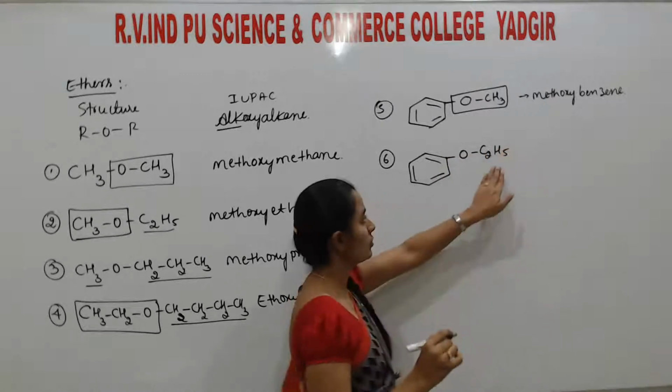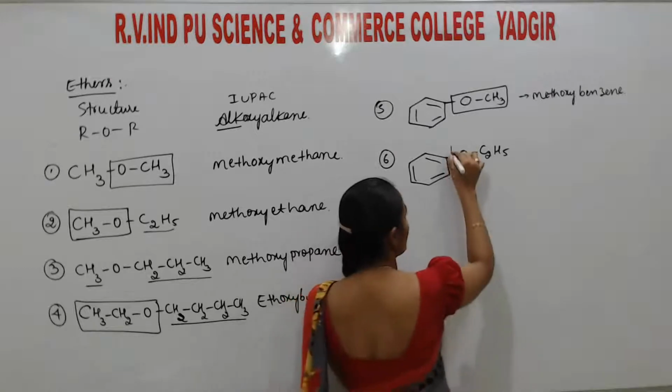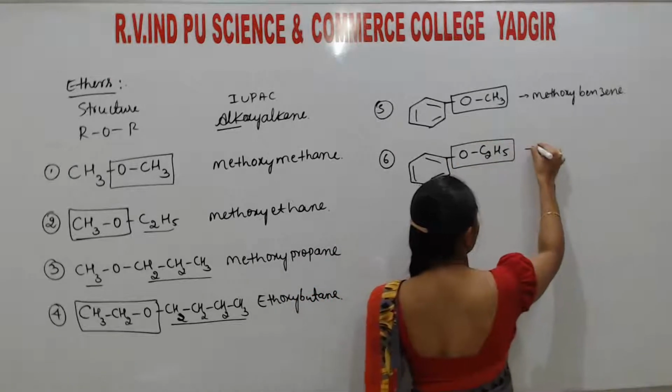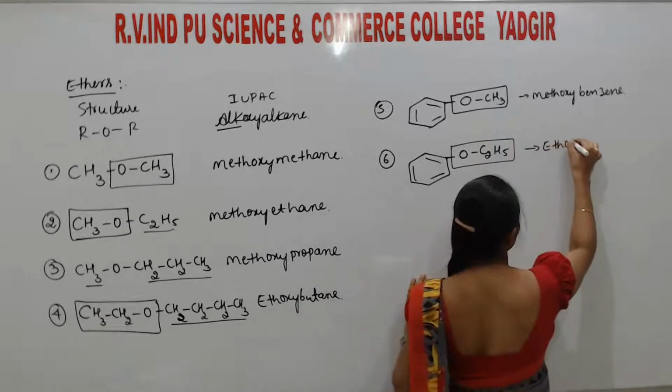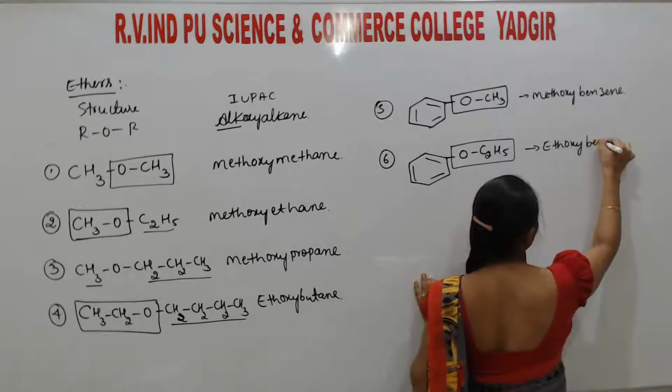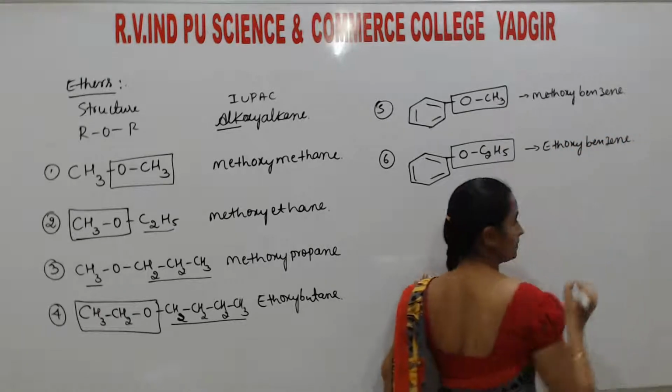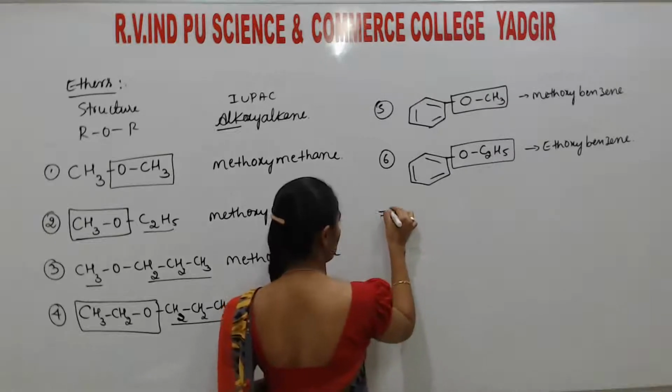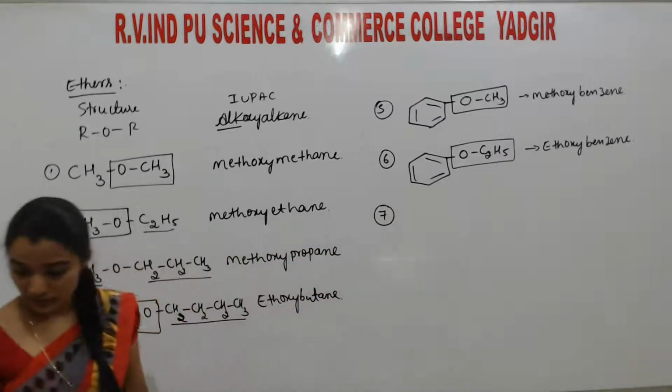And also here 2 carbon atoms, here 6 carbon atoms. So this is the functional group. The name follows ethoxy benzene. Next one. Next one is